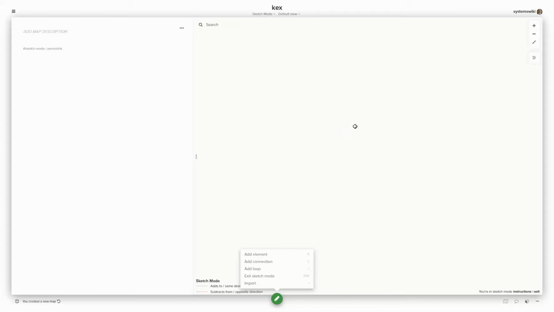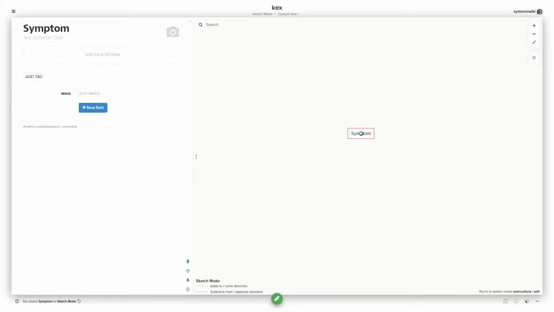I am going to draw a shifting the burden diagram, which starts with a symptom, and just hit enter. And then go ahead and say, all right, the symptom leads to a symptomatic solution,